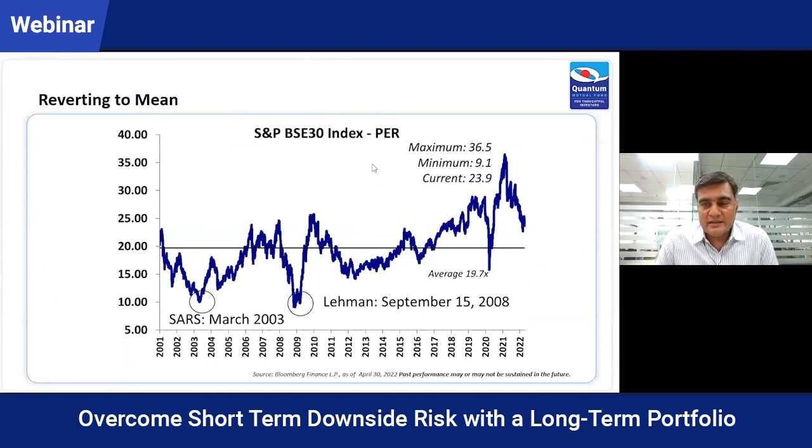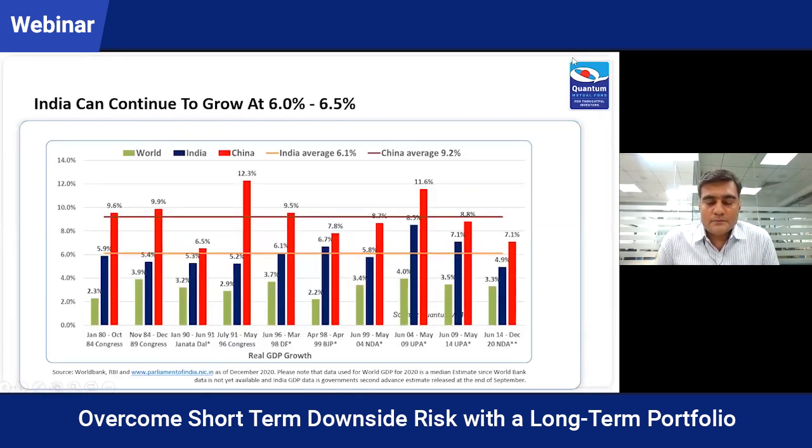And as earnings have started to normalize and of late markets have started to correct, we have seen valuation multiples also becoming more and more favorable. Last 2-3 months, it's become more and more favorable. This is the Sensex PE, but if you look at the broader markets, we can clearly say that value managers like us are seeing much more opportunities than what we were seeing last year. So valuation comfort is starting to come to the markets as cost of capital goes up and corporate profitability comes back.